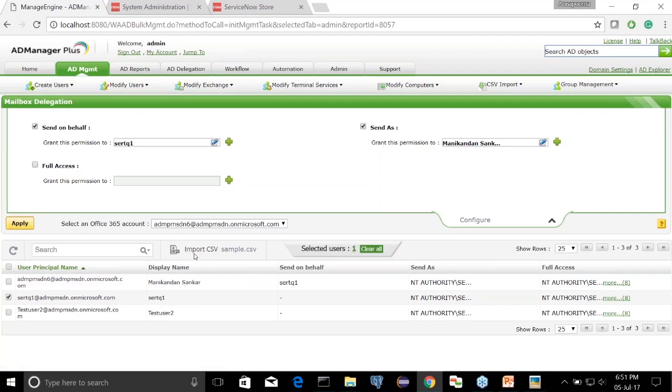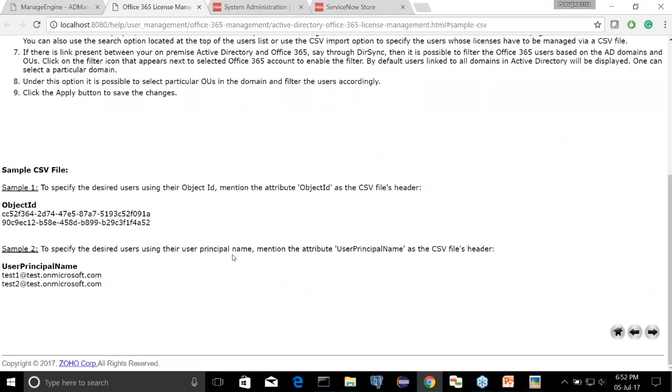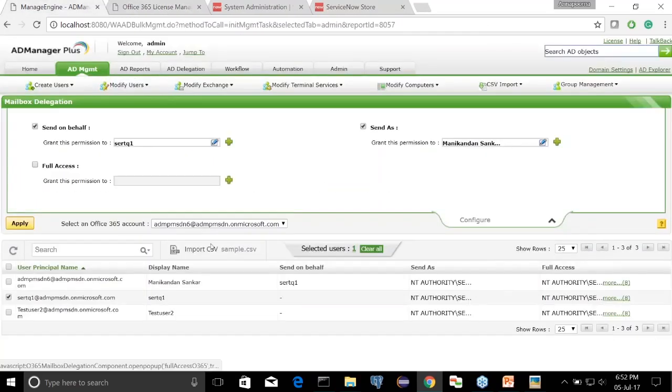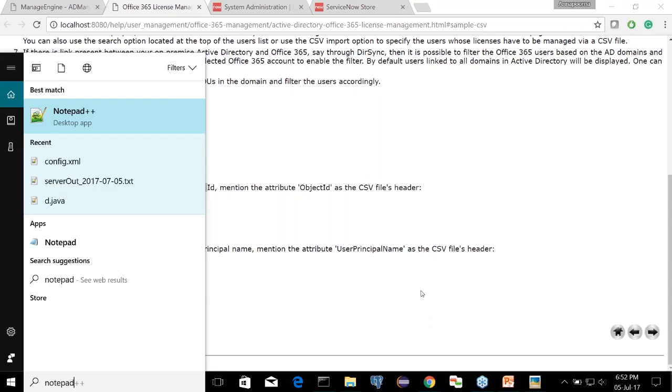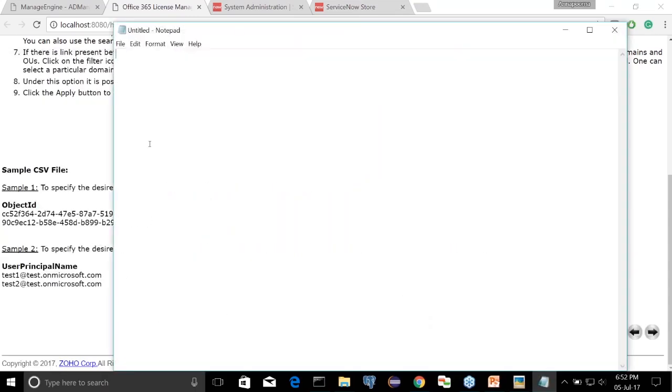Or if you want to import a CSV file, you can do that as well. If you want to find a sample CSV, you can just click this link to have a look at it. You need to provide either the object ID or the user principal name. So open up your notepad, provide the LDAP header, and then provide your user accounts one after the other. Say test at